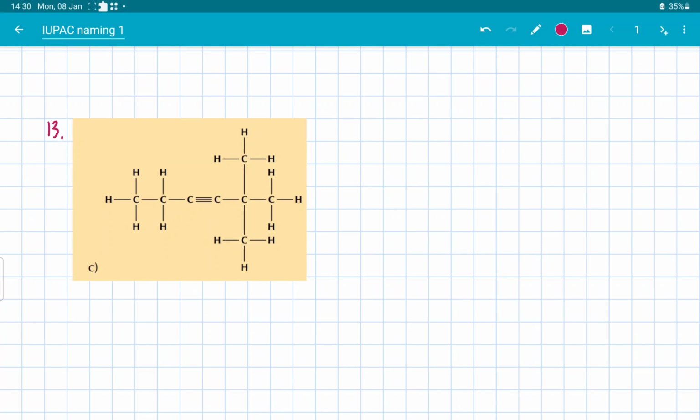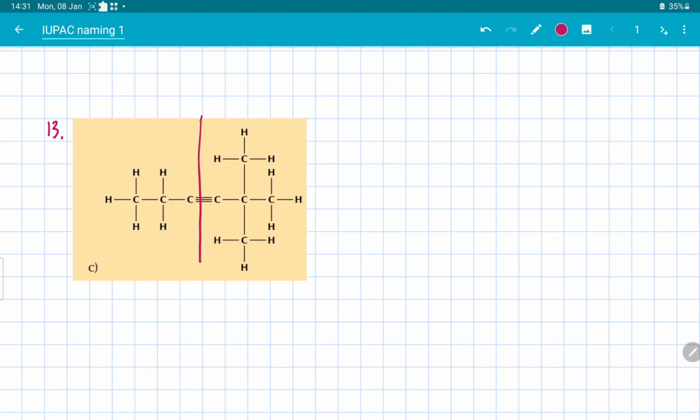Now we have 2 branches and a triple bond. Again, when we count, if I count from the left hand side, 1, 2, 3, triple bond at carbon 3. If I count from the right hand side, 1, 2, 3, triple bond at carbon 3. But now notice, if ever I draw a line here,